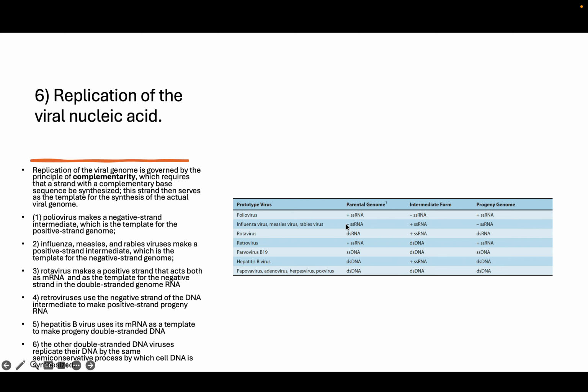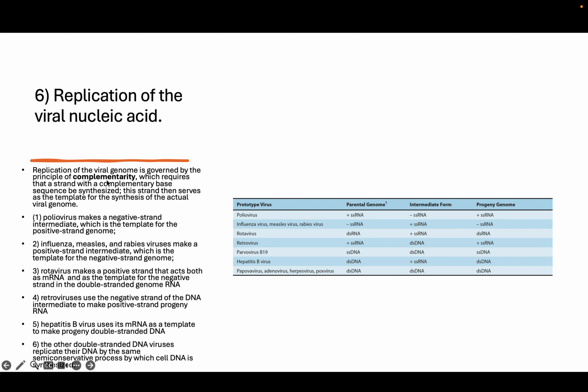In the case of influenza, where you have a negative-stranded single RNA virus, you need to create the positive single-stranded RNA, which then gives you, again, your single-stranded RNA. For double-stranded RNA viruses, you can create a positive-stranded single-stranded RNA, and then you create the double-stranded again. Retroviruses have positive single-stranded RNA. Their intermediate form is weird, because as we know, they go through reverse transcriptase to DNA, and then the DNA can be used as the intermediate form